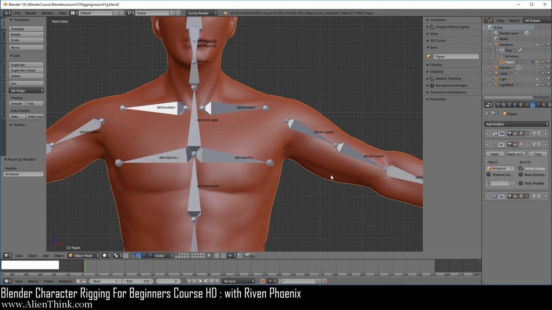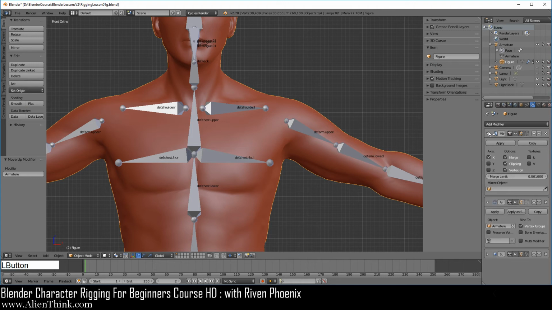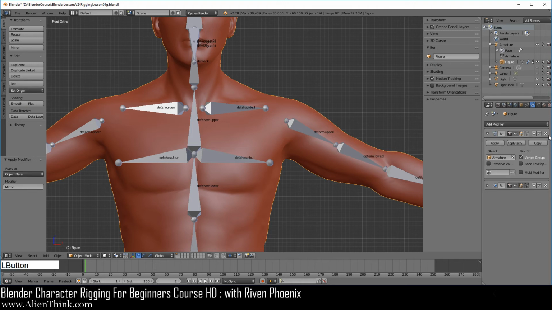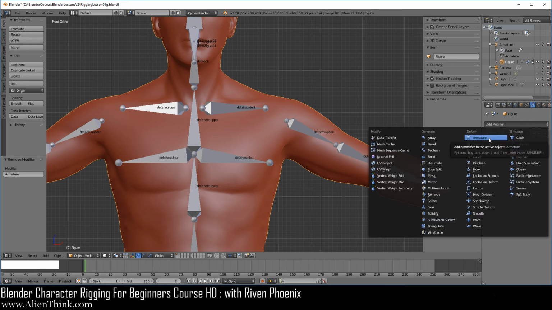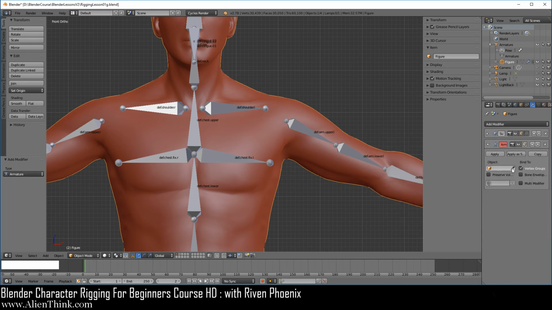Okay, so in order for this concept to work, you actually have to apply the mirror modifier, remove this armature modifier, and if you click over here, you can notice that now we're just using the internal armature modifier, which doesn't really give us any options to click on like it did when we had the armature modifier. Okay, so this means that it'll still work.